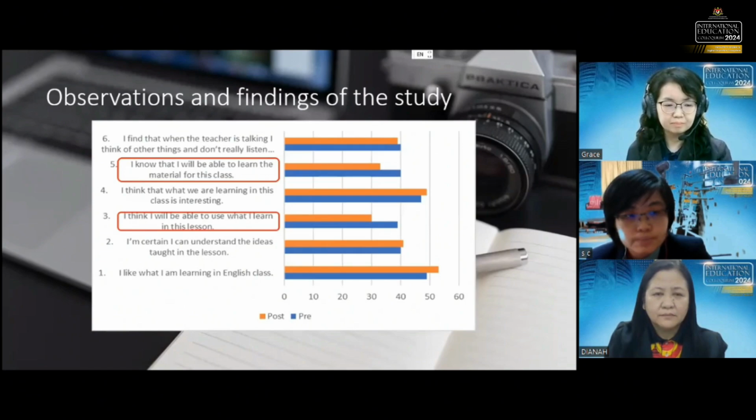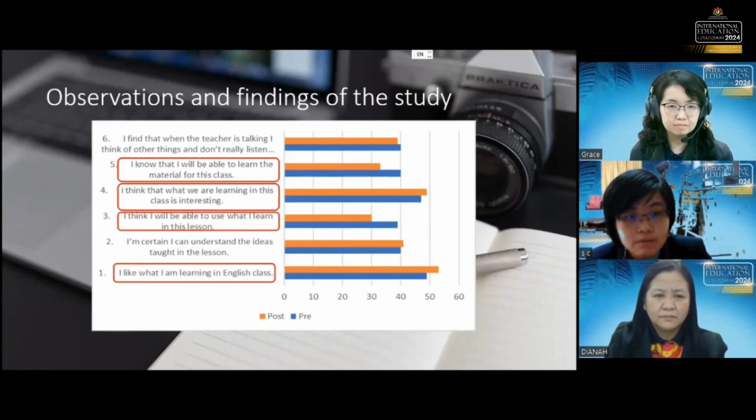From figure 2, we can see that there is no significant difference in the student motivations during English lessons before and after the use of comic strips in learning. In general, most students felt that comic strips were interesting, but in terms of knowledge acquisition, they felt that it makes no considerable difference.